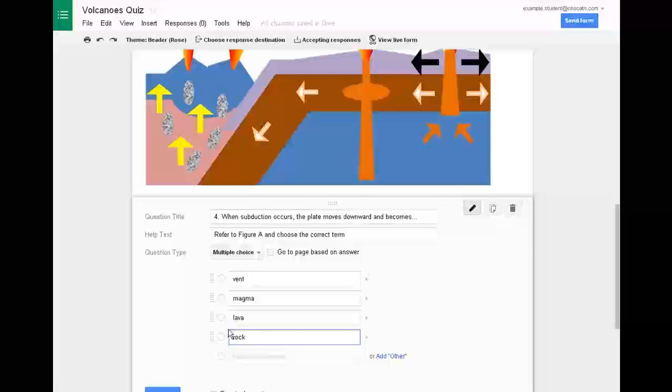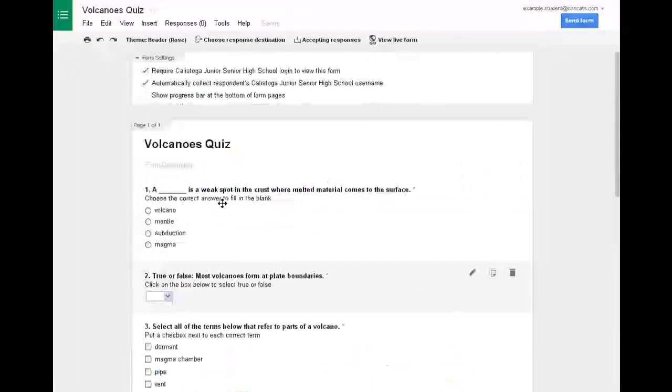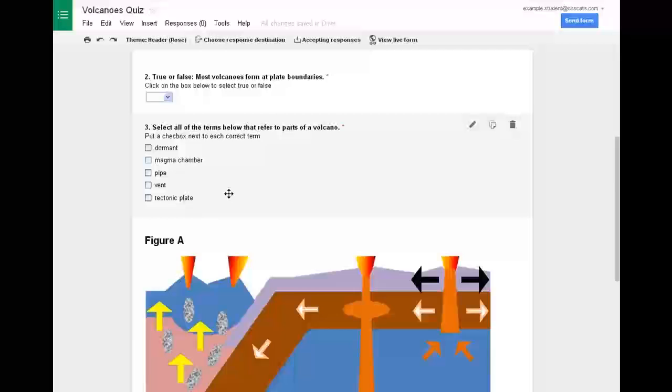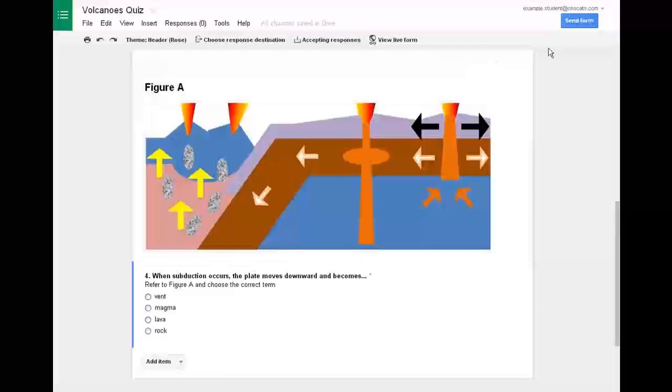So those are four pretty good answers, and this could make it kind of tricky, but if they know what's happening during subduction when the plates are moving downward, and if you do a good job teaching them, they'll be able to get this. So we'll make it required and click done. And you just need 10 of these, at least 5 good ones, but we're aiming for 10. When you're done, you click save. We'll go over sending it to other people and grading